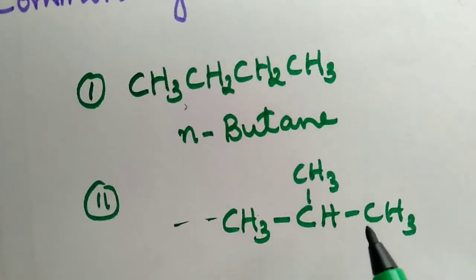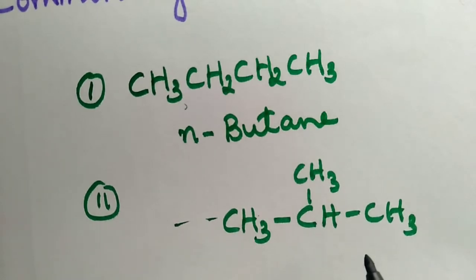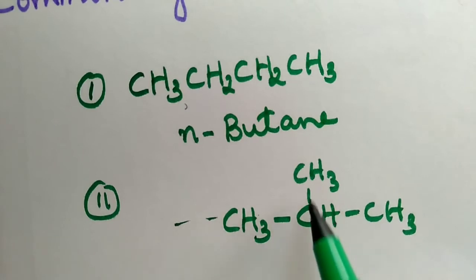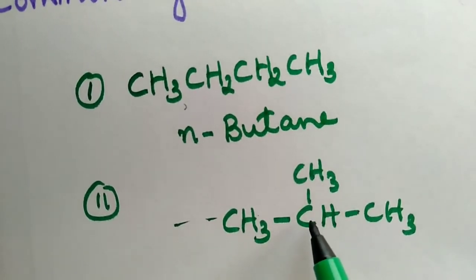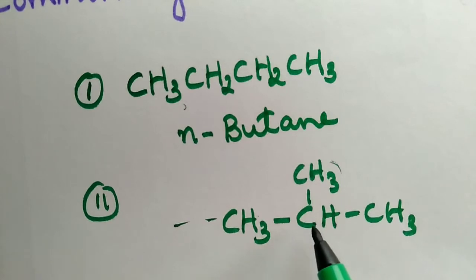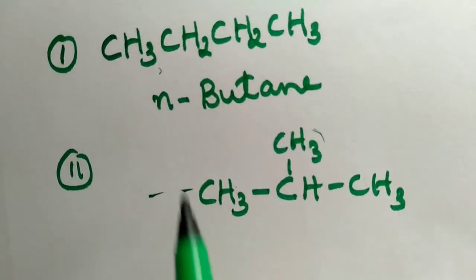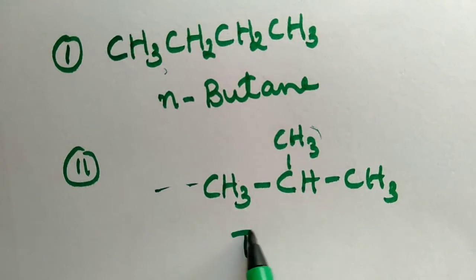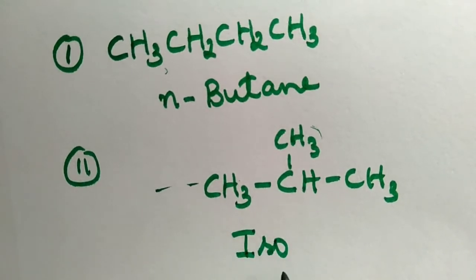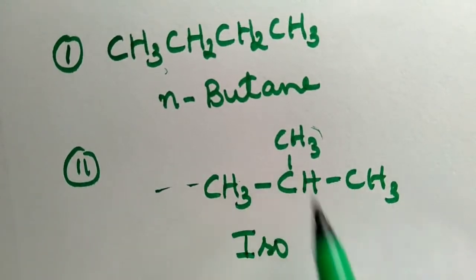The carbon atoms are not in a straight continuous chain, but there is a branching. So in this case, the second last carbon is attached to one methyl group. So the prefix that you have to use here is iso. This is the prefix, and then 4 carbon atoms, so it is